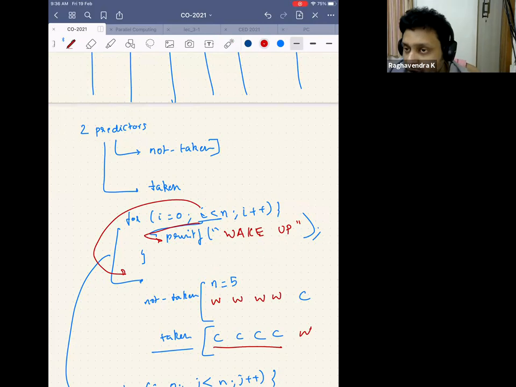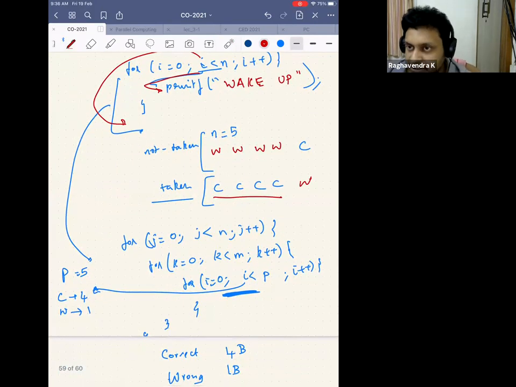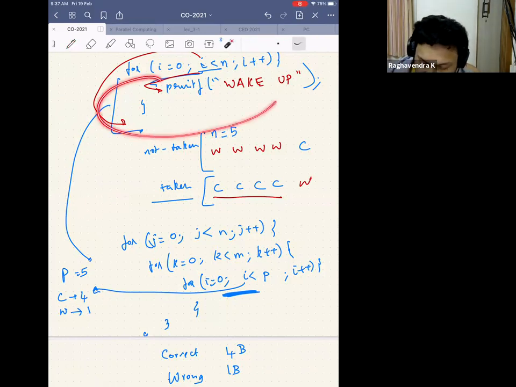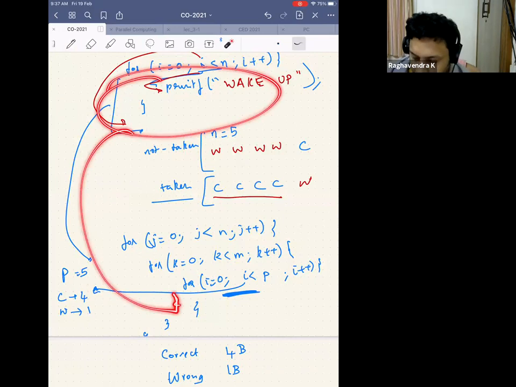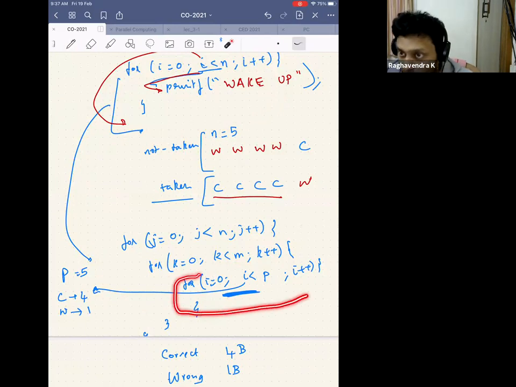I'm okay with that, but this is not the code that you generally have. You will generally have nested for loops. This is pretty common. You can look at any code, matrix multiplication, matrix addition, or any code that you are writing. So what happens in a nested for loop? I have just copied this particular for loop inside a nested for loop, which means that this is the for loop that I'm talking about. If I look at this for loop alone, then I am correct 4 times, wrong 1 time.